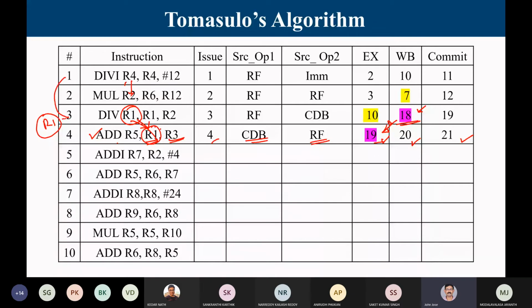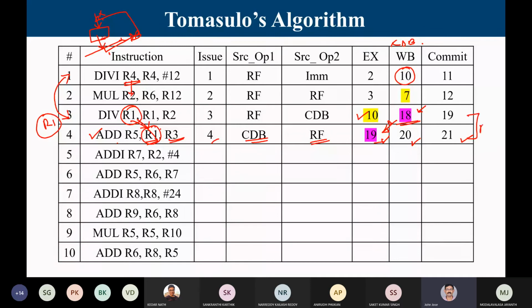this is what you told, no? In 1 and 3, I am not using any result. The result is produced in R4. So basically you have a division unit. It will produce a result out to the CDB. At the same time, someone is waiting there. So the moment he is going out, he can enter. If the result would have been needed by him, then it is plus 1. Here in this case, the result is not needed. The moment the result produced by the first instruction is returned to the CDB, the unit is free. So I can immediately start at 10.